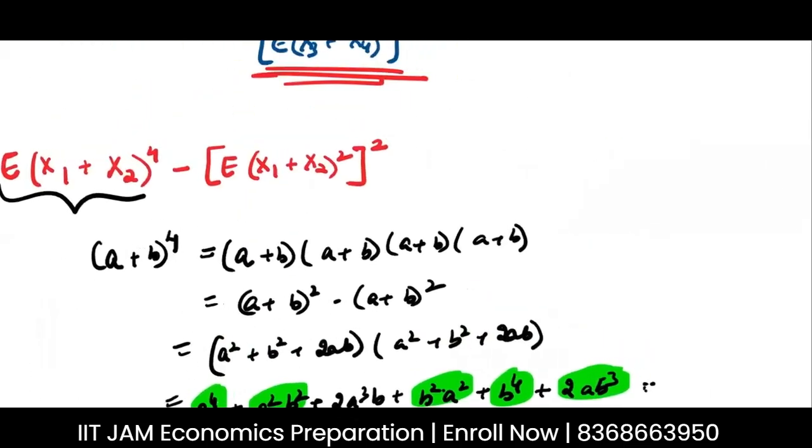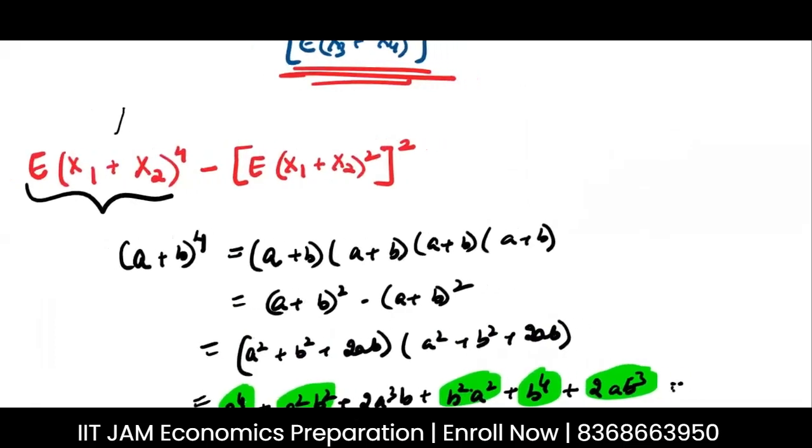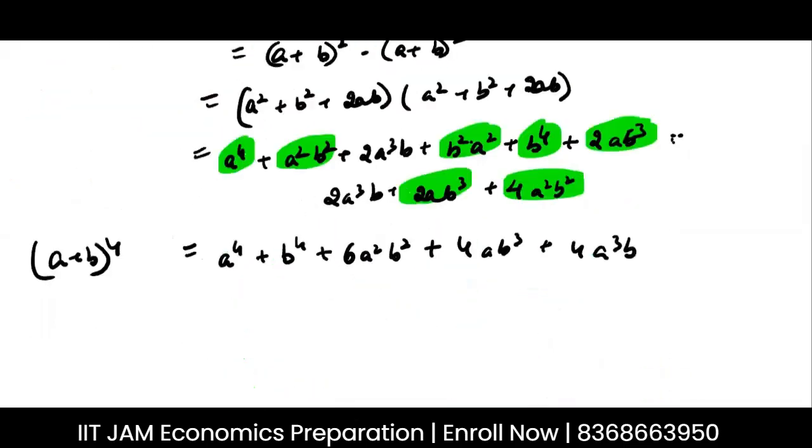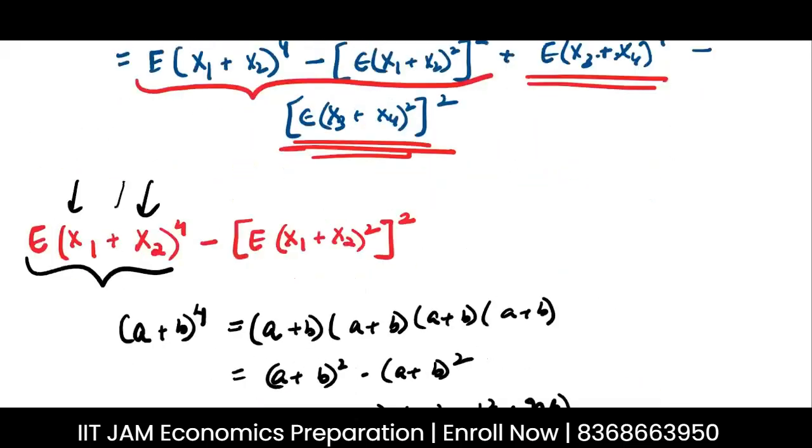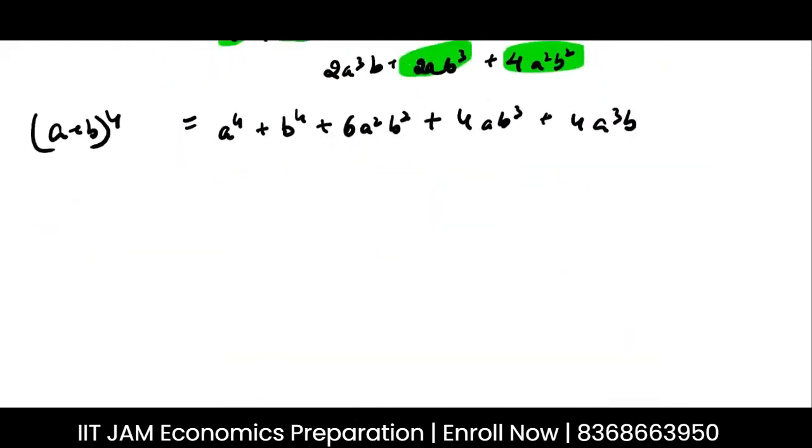A was x1 and B was x2, right? So the expected value of (x1 plus x2) to the power 4 will be